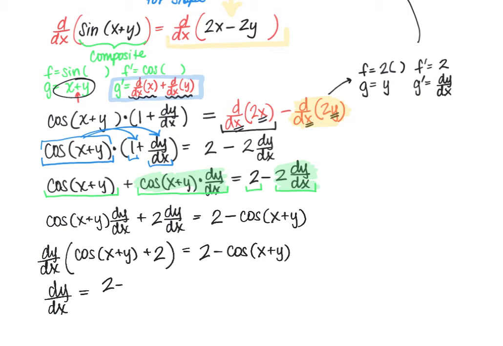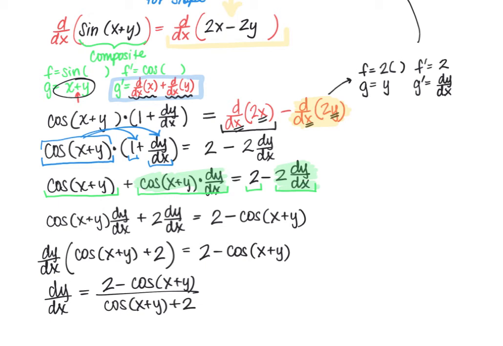So we'll have 2 minus the cosine of x plus y, all divided by, just kidding, there's no 2 there. That would be cosine of x plus y plus 2. That's the 2. Okay, so we've done our implicit differentiation. And again, what we have here, this dy over dx, is a general formula for the slope at any point. So now, going back to the problem that we were given,